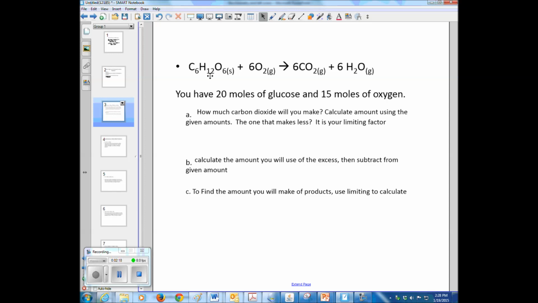Here we go. You have 20 moles of glucose. I'm going to write 20 moles above glucose and 15 moles of oxygen. How much carbon dioxide will you make? This is what we want to know. But we can guess, but we need to actually do some math here and figure this out. I'm going to write it down here at the bottom. All right, so the first thing you do is calculate how much carbon dioxide 20 sugars will give and how much carbon dioxide 15 oxygens will give. So starting with sugar, glucose, 20 moles of sugar